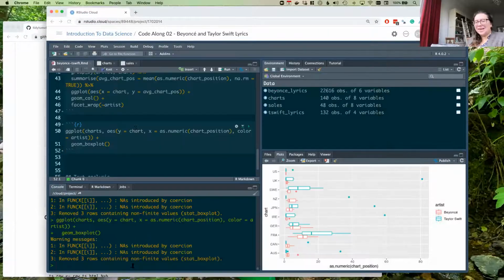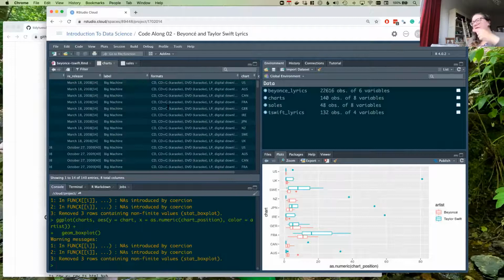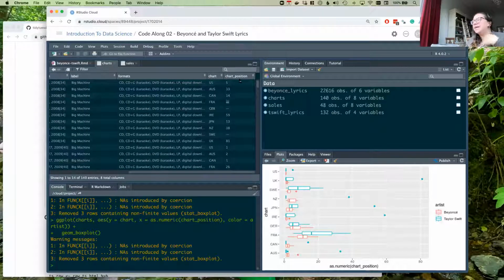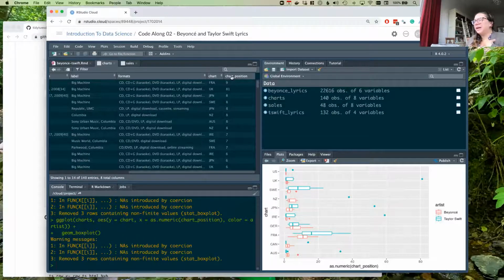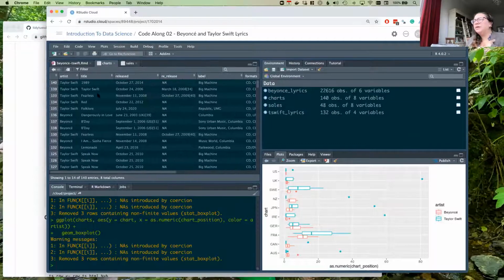The easy way is, because there's only one that's so big and this is not a huge data set, I can look at this data viewer and interactively sort it by clicking on the variable that I want to sort by. Look at this, 81. This was the Taylor Swift album. I think that people maybe didn't know about Taylor Swift over here back in 2000. Maybe that's what was happening. I think so, yeah. So maybe that's why it didn't do very well.